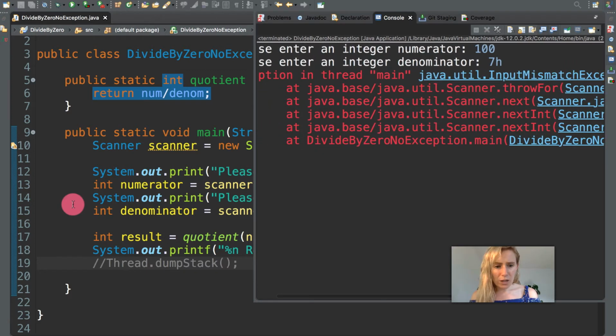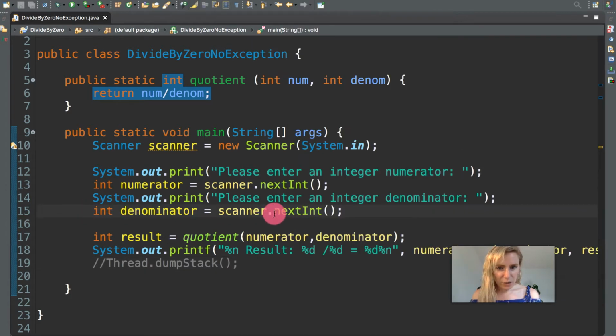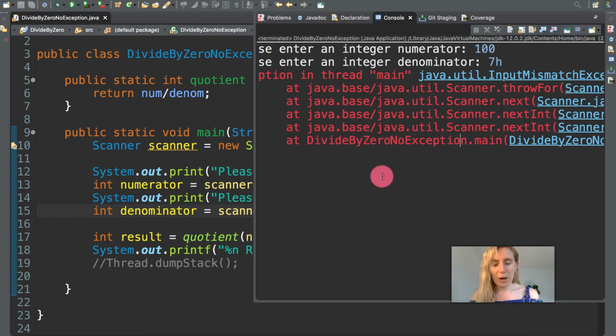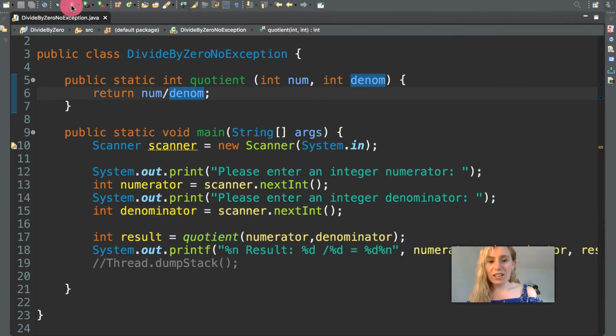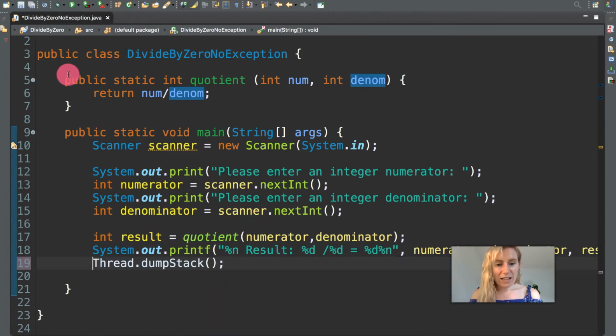So if I go to line 15, then you can see here that it's expecting an integer because of the next int. So it's pretty straightforward. We can talk a little bit more about this later on, but for now it's just good to get a grasp on it. Here as well, I can also run it again, and you can always call what's called